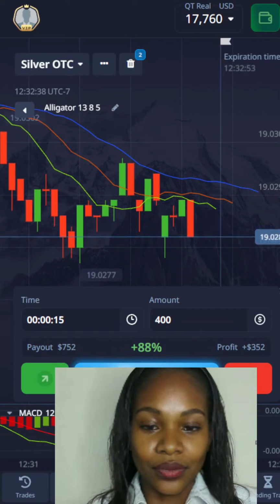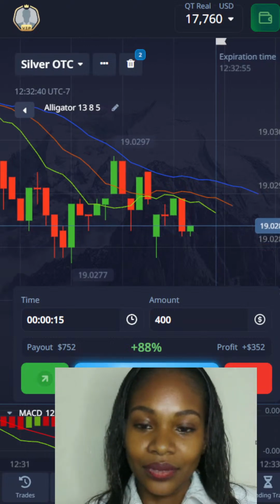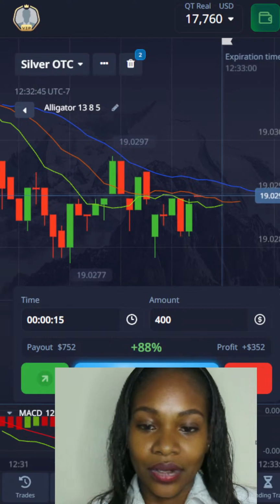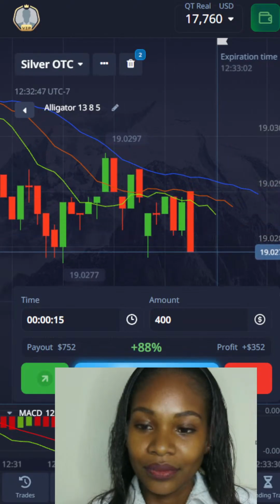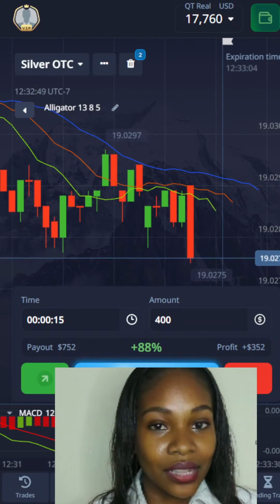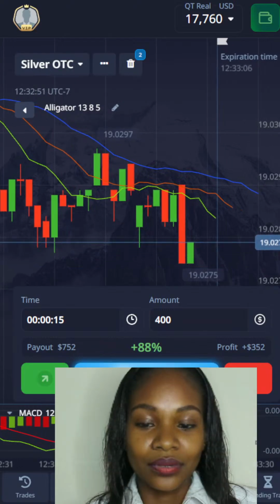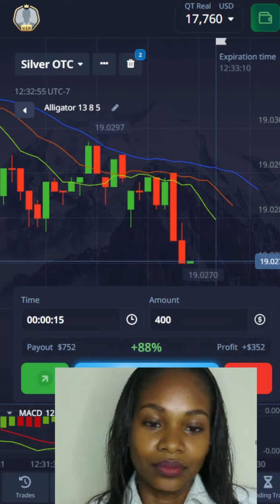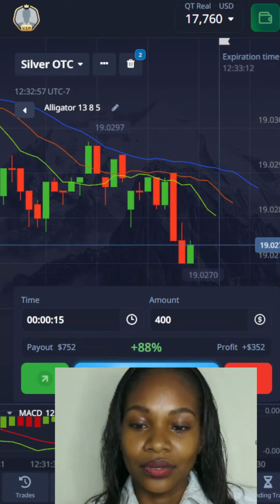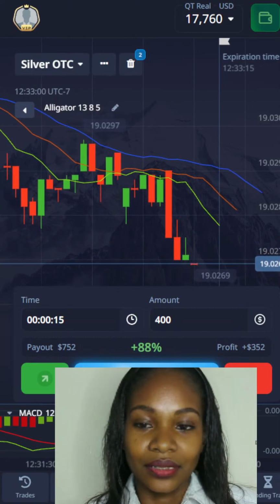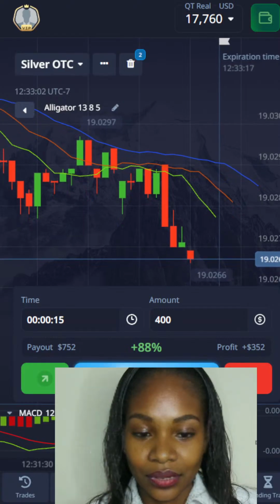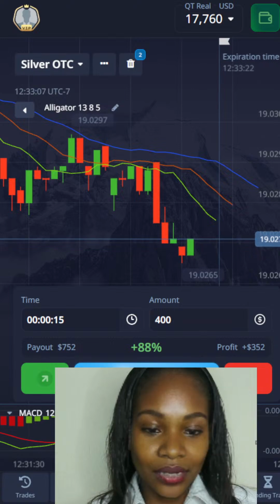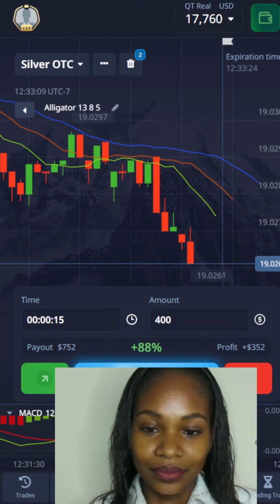So the alligator indicator here helps me identify very well the direction that we are in, the momentum. How strong is that particular direction that we are in? And it also gives me signals of maybe we can place a buy position over here, but like I said, it backs up my strategy. So that is my strategy, and what you see on my chart here, I believe it's well explained.